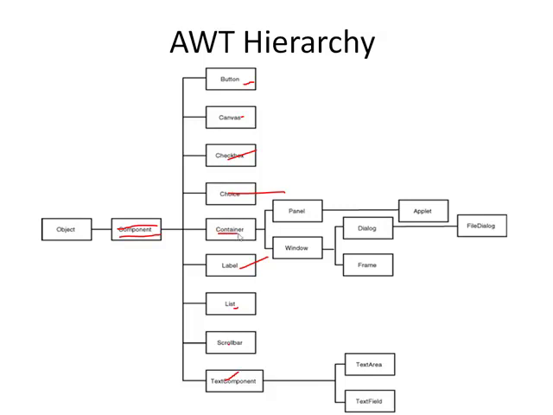And if you see this container, so this container is a derived class of component, but it acts as a parent class to the panel class and window class. And again this window class acts as a parent class to the dialog class and frame class. Here everything you see on the display in Java application is a component like button, text field, label, etc.